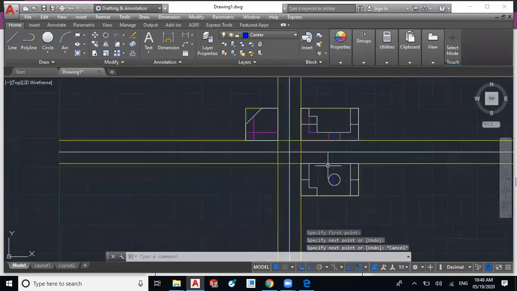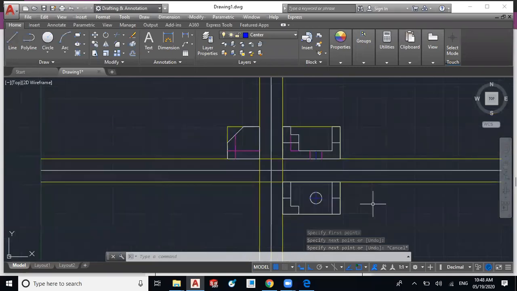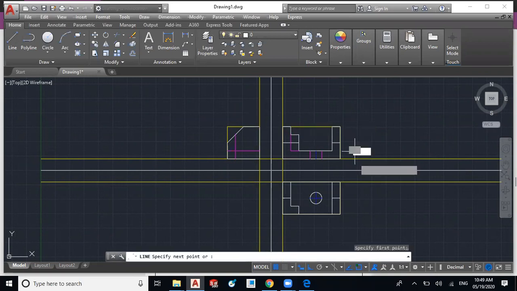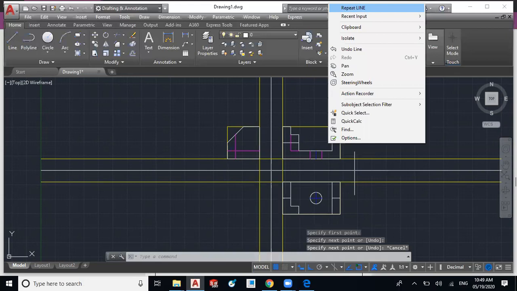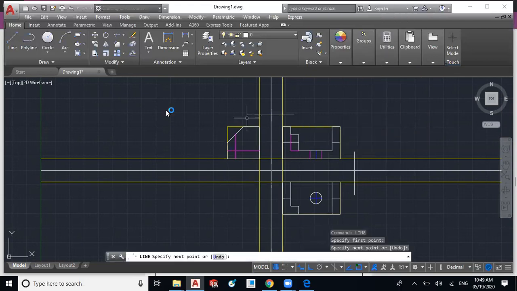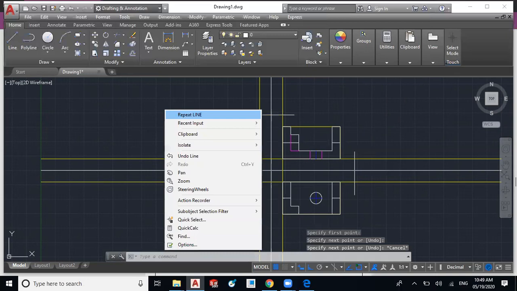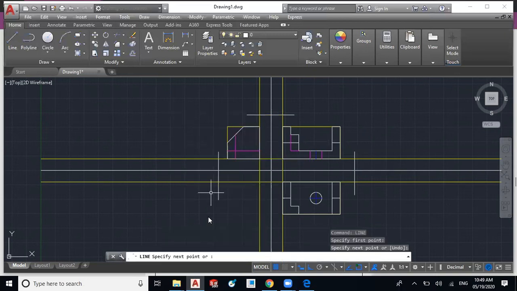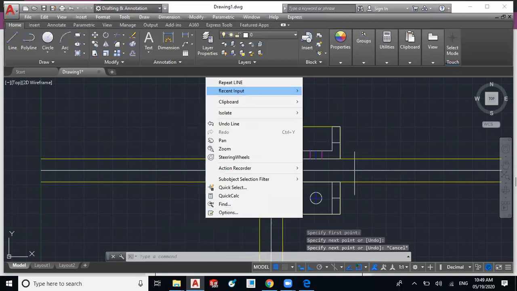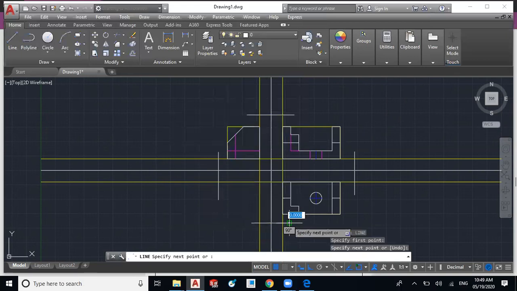So we have created the 3 views. So we'll cut these extended lines by using the trim method. So I'll select the line. I will draw here the lines. So to reduce the printing area, I am doing this trim. So I have constructed 4 lines on the 4 sides.